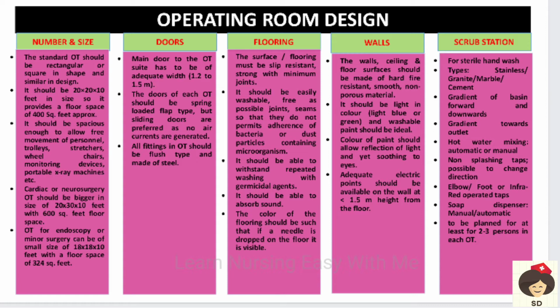And non-splashing types of tap should be there. And elbow or foot control tap should be there, because once we scrub we should not touch the taps. And an automatic soap dispenser should also be there. And 2 to 3 persons should be able to scrub at a time, so it should be built like that.